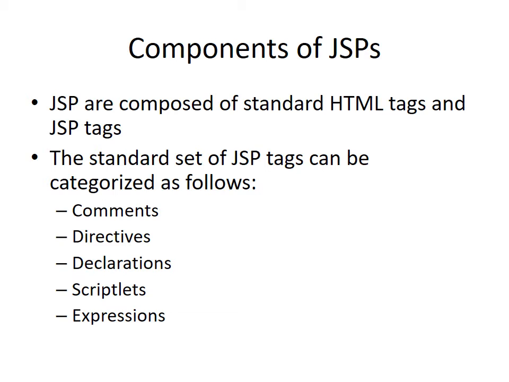Now we find out what the components of JSP are. This is another way of defining JSP. JSP is composed of standard HTML tags and JSP tags. So your JSP page will contain either HTML or JSP tags. So it is in the form of tags only. Every line of your code is in the form of a tag. So either it is an HTML tag or a JSP tag. So there are some standard, or I can say different types of, scripting tags in JSP. These are categorized and shown below. We call them JSP scripting tags, which are listed here.